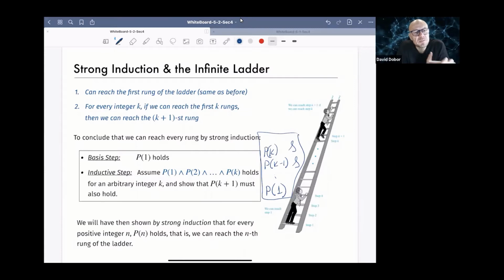All of these propositions up to k inclusive are true, and therefore P of k plus 1 follows. Now, this seems like a genuinely stronger principle, but both of these principles are equivalent,